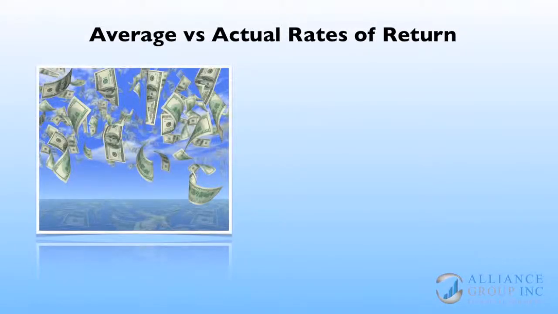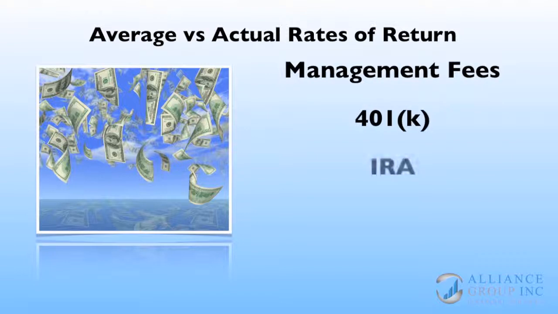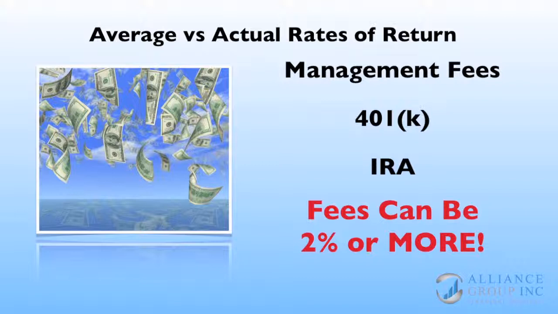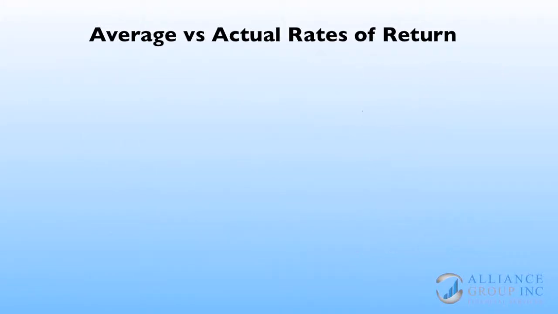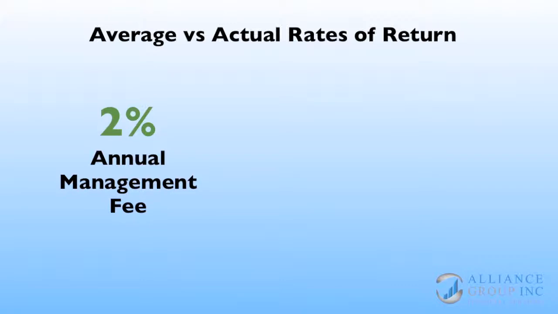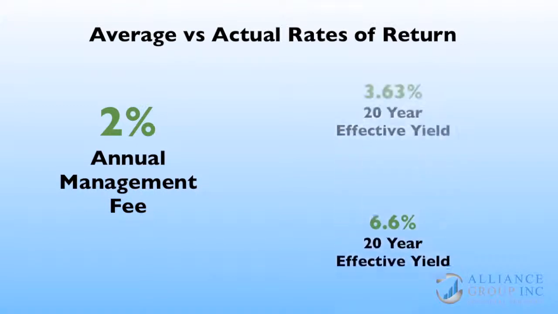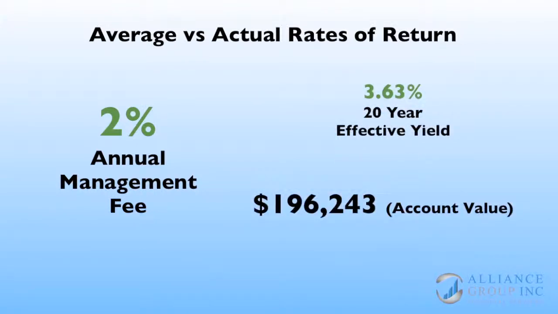Something else that can have a significant impact on how much money you end up with in your retirement account are the fees that are assessed by the mutual fund managers to manage the mutual funds in your 401k or IRA. It is not uncommon for the combined fees associated with the management of your retirement account, particularly 401ks, to exceed 2%. If we apply this 2% fee to our account balance each year for 20 years, our effective yield drops from 6.6% to 3.63%. And instead of $196,243 in our account, we end up with only